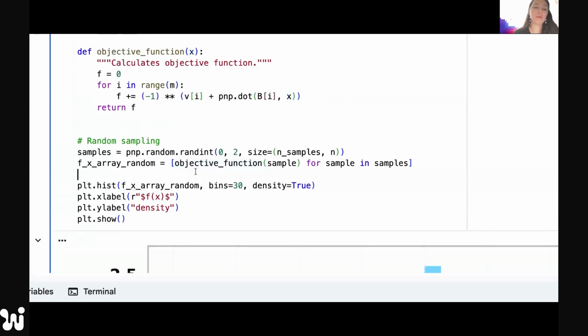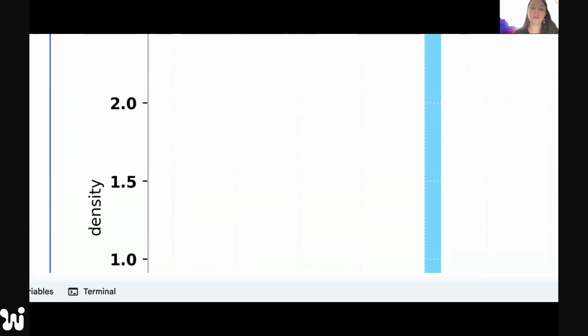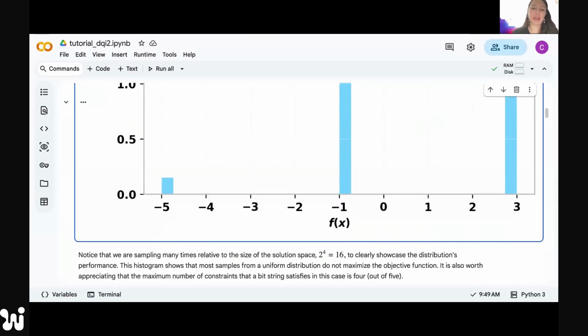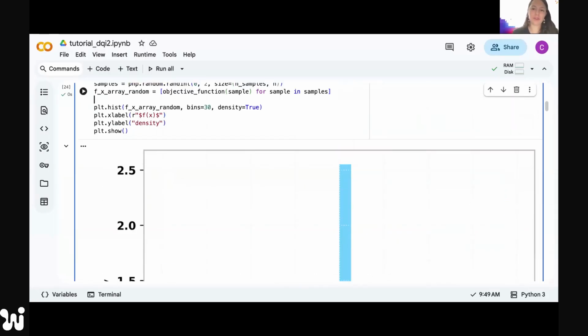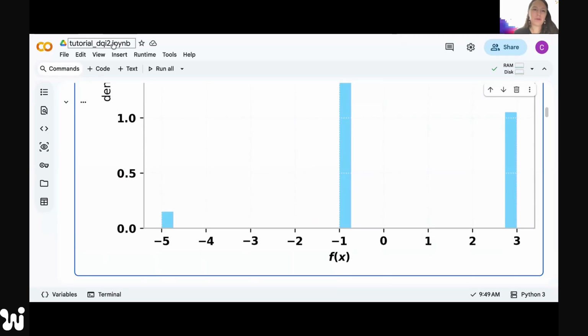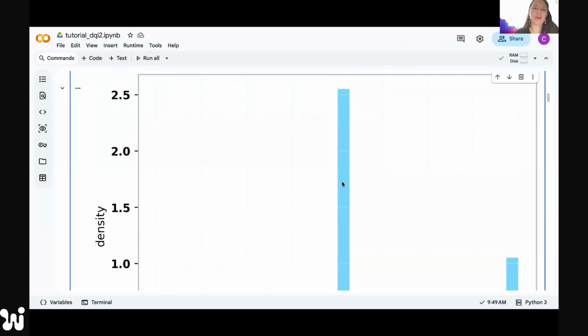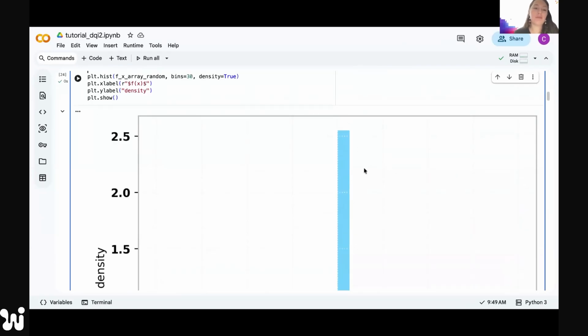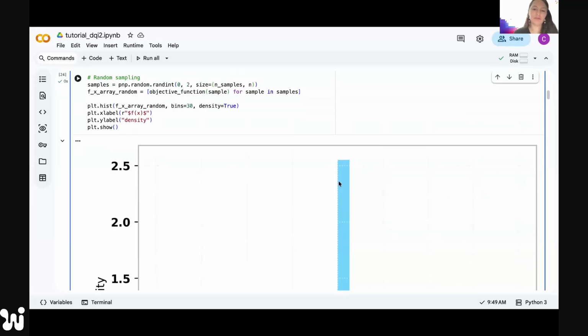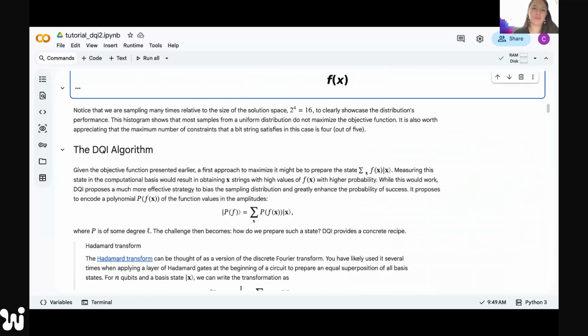We're going to have to sample. So we're going to take some samples from the problem. Remember how I said we're going to have some probabilities, but at the end, we're going to take some samples, and we're going to use this to give us some information about the right answer, right? If we're getting the right answer or not. Let me make this a little bit smaller so that it fits. It doesn't fit very well on the screen right now, but you can basically see that there is one answer that is very, very high. Basically, this is the right answer, and I have a very high probability of getting that answer. That's all it's doing.